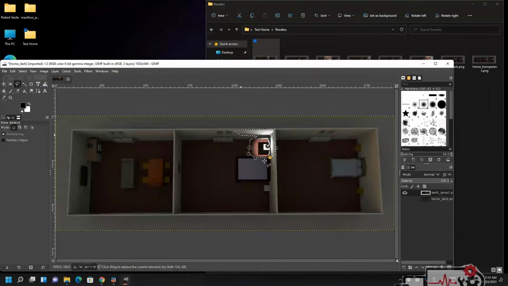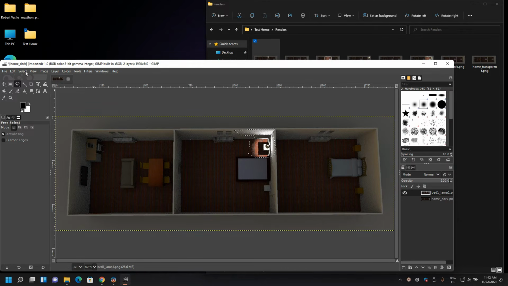Okay, when you finish, you just click enter. If you want to add more, say you got a bit in here in the middle, you click on shift and you keep adding. Okay, I don't want to do this, so this one is enough for me. After you select the part of the image that has the light,